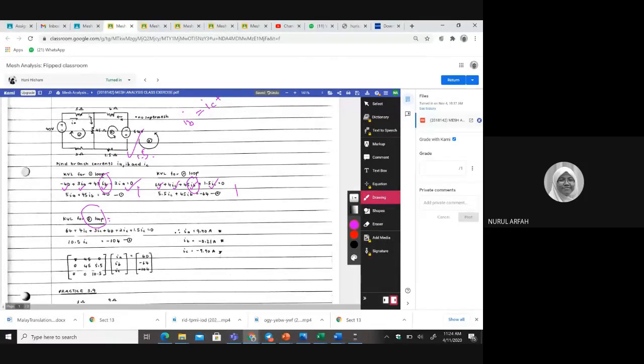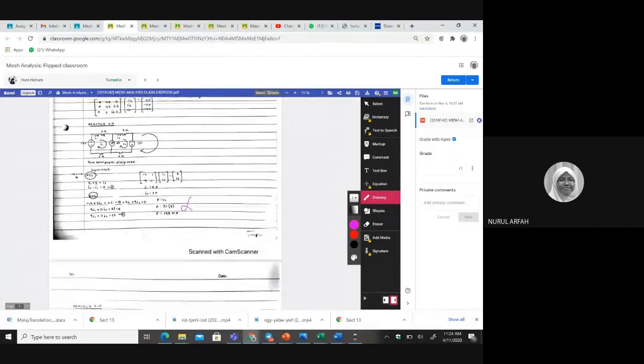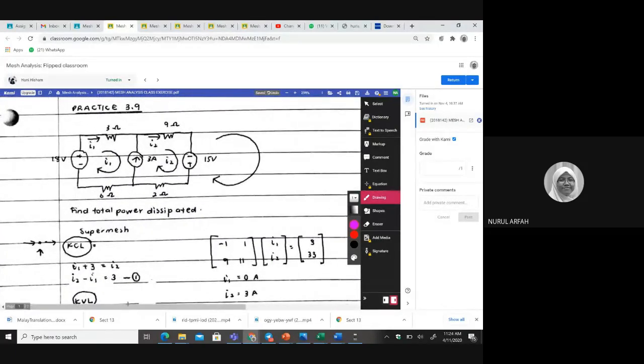Are you assuming that there's a super mesh? No, right? Yes, no super mesh. Very good. But this one, 64 for IC 3I. If you put it this way, I assume that you think there's a super mesh. There is no super mesh. Okay. There's no super mesh. For this part, there's a super mesh, yes.